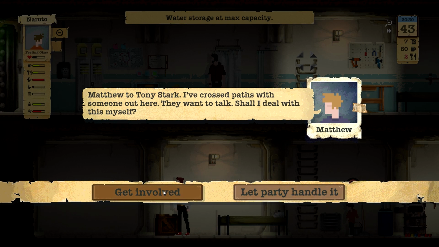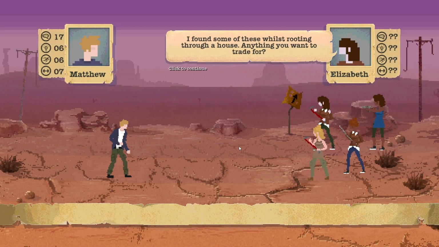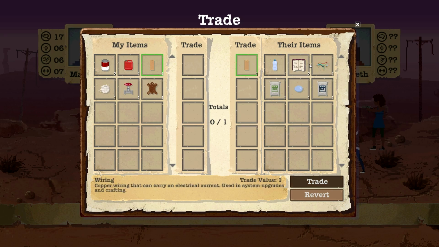But let's get involved, actually, because Matthew is a bit more capable. He's a bit higher on the dexterity front, so he can run away more easily. Oh, there's a big group of ladies. Hello, ladies. You want to trade? Sure thing. Let's trade for some wood. Oh, yeah, look at that. Okay, so we're going to get that wood, and we want...